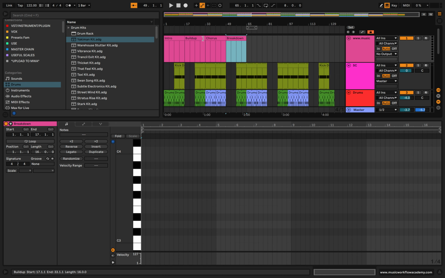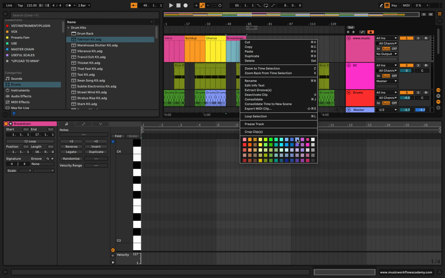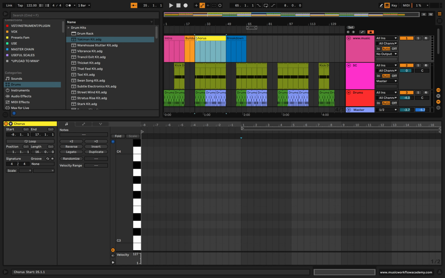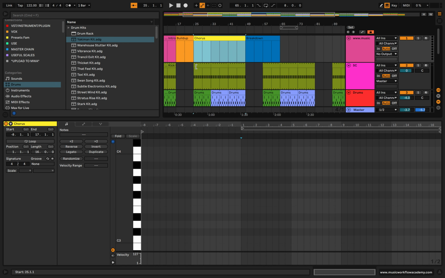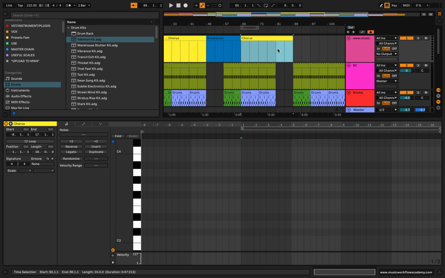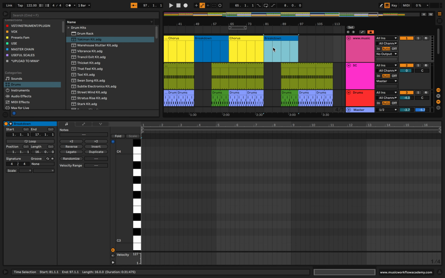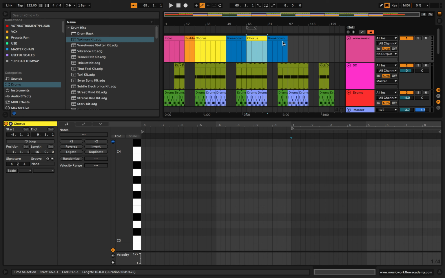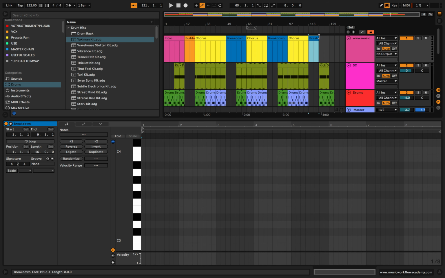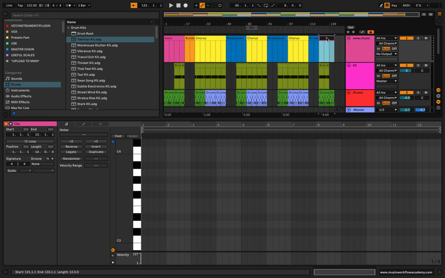We can just make these different colours, so you can see that there's a difference in what's going on here. I'm actually going to make the chorus like this, because the chorus did actually come in here. And then we've got our breakdown, and then we've got another chorus, and then it looks like another breakdown, and potentially another chorus, then a breakdown, a shorter breakdown, and then an outro, something like that. So it all goes in 8 to 16 bars, because